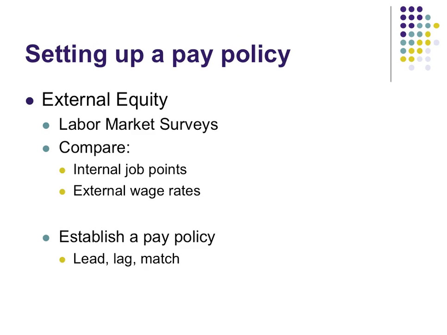After you've determined your internal equity, the next thing we need to really focus on is external equity and making sure that our labor market surveys are giving us information about what's going on in terms of local pay and general pay. We want to compare my internal job points to external wage rates, so I want to look at what other companies are ranking their jobs at and what these job values are. Then I'm going to apply those to my own company, and then I turn around and make a determination based on labor market surveys what should be the pay rate for these particular jobs based on market competitiveness.